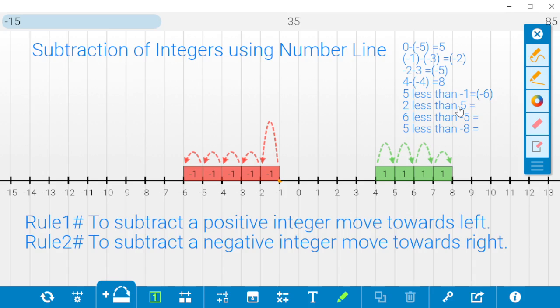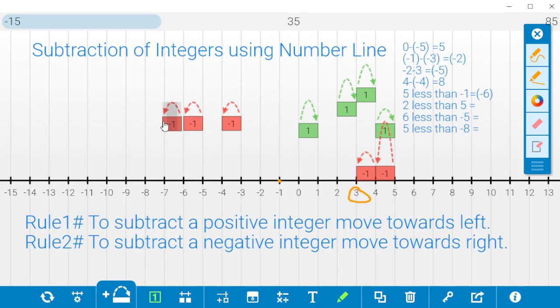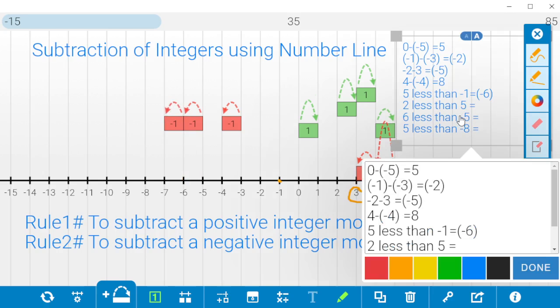Now 2 less than 5. So from 5 we have to subtract 2. So mark the number 5 first of all, and from this we have to subtract 2. Since 2 is a positive integer, we have to move towards the left only. So first mark 5, and then from 5 we move towards the left 2 steps. So this is 5 minus 1 and then again minus 1. So here we will be reaching at 3, right? We're reaching at 3. So 2 less than 5 will be equal to 3,